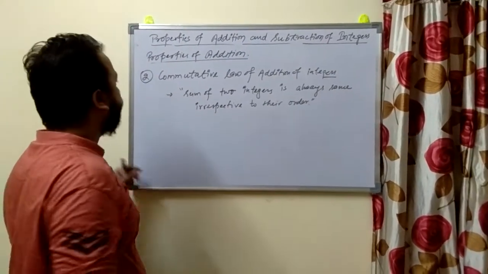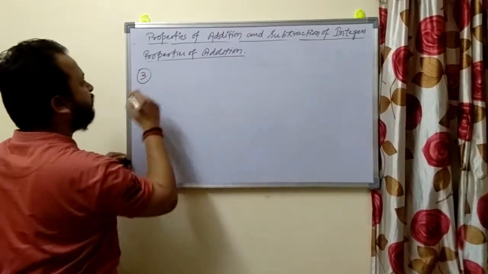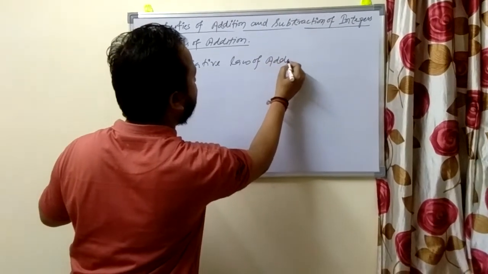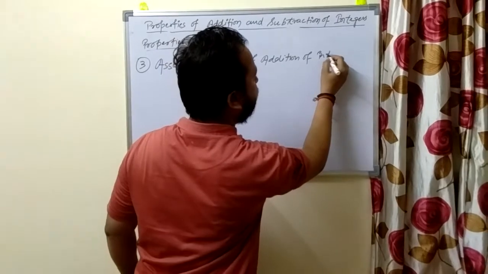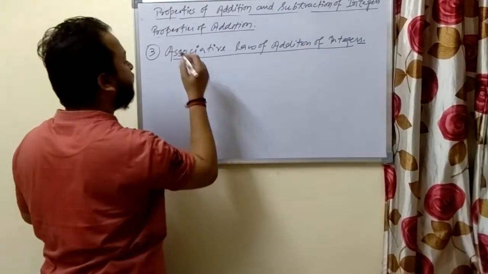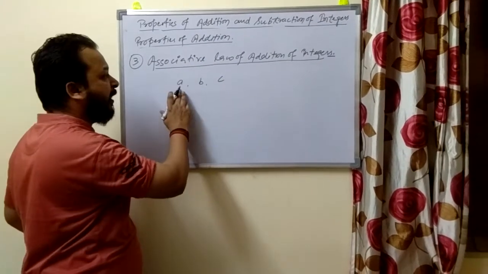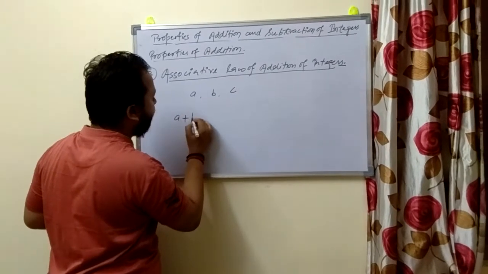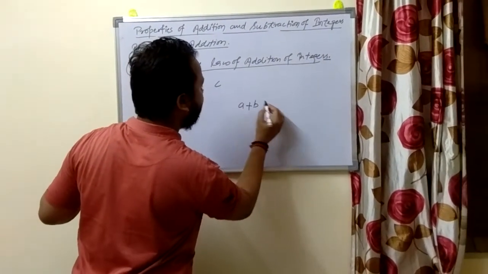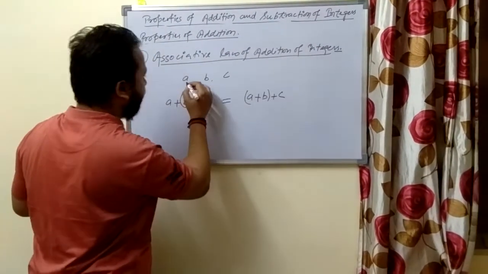Now come to the third property. Third property is the associative law of addition of integers. It says that if there are three integers, suppose A, B and C, and we add A plus B plus C, and we group B and C, and if we add in this order, means we group A and B, the result will always be the same. So let the numbers be